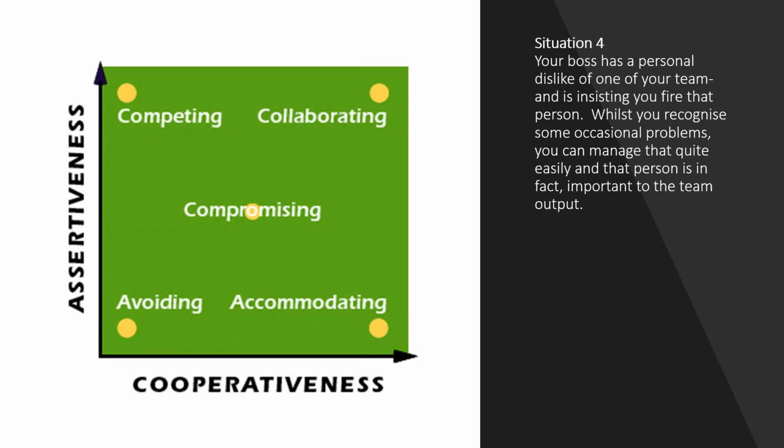And of course, it would depend on your relationship with your boss as to whether or not, in fact, that was effective, and how much, of course, that boss disliked so-and-so. You could compromise, out of sight, out of mind, move them to another shift or whatever. So there's a number of ways of dealing with situation 4, I think.